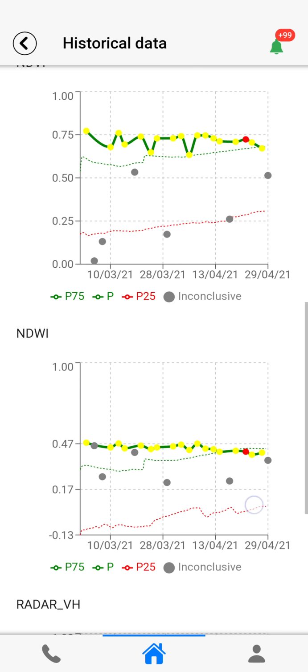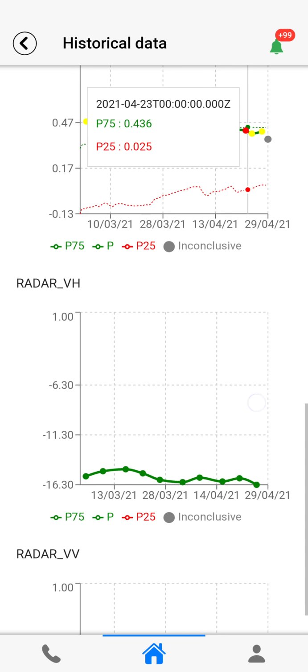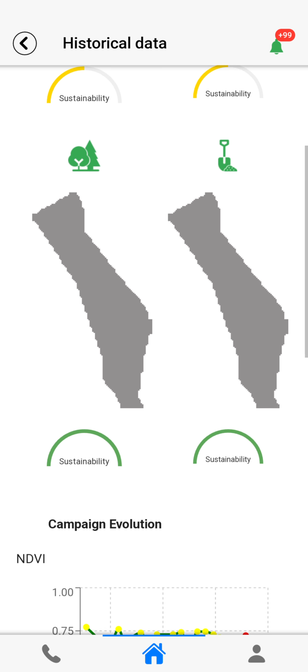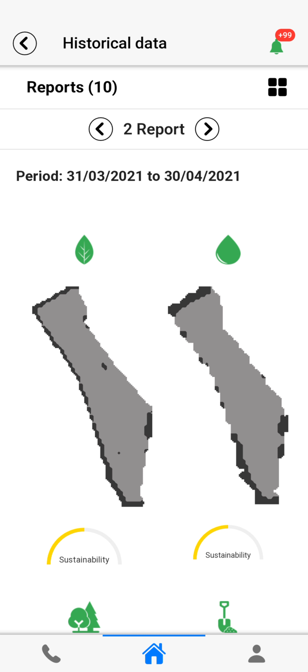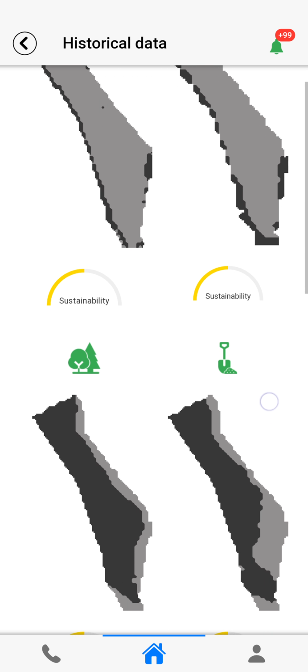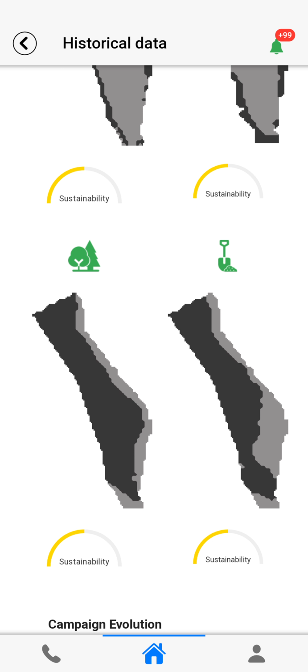We also can see the evolution over the whole campaign, what has happened in this particular parcel crop at this stage. So you can go to the third report. Sorry, you see that the black area has grown a little bit. Not too much, but it has grown a little compared to the previous one. And suddenly we see that the radar indexes show that some variation started in terms of the vegetation structure, promoting 2 management zones